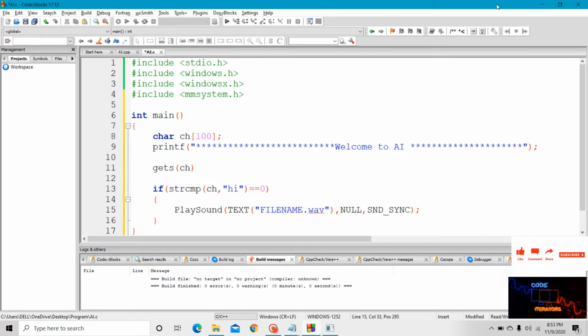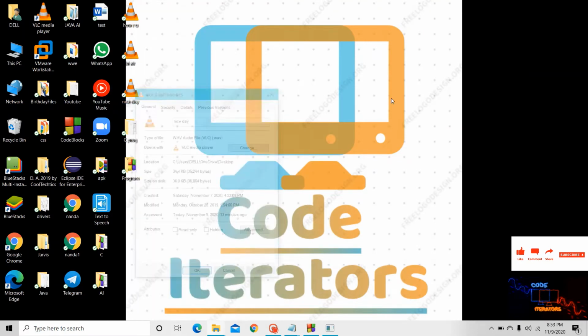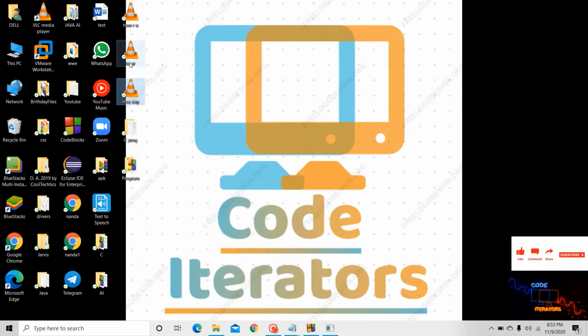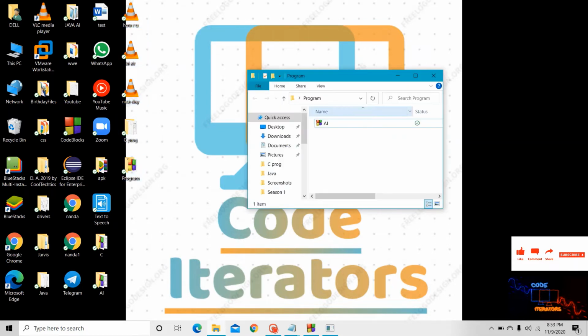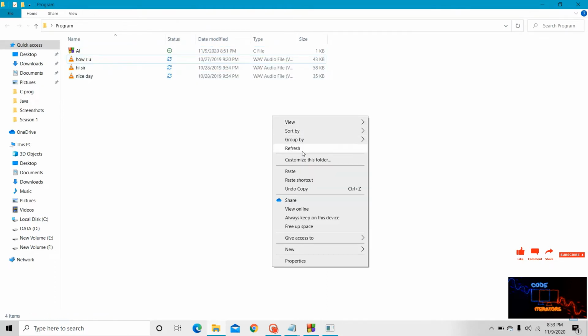To play sound, the file extension of the audio file should be .wav. These are the three audio files whose extension is .wav. I will copy these three audio files and paste them in the folder in which I have saved the program.